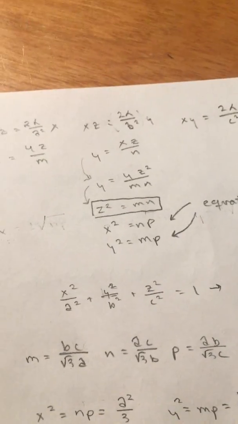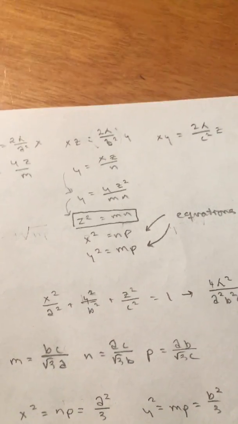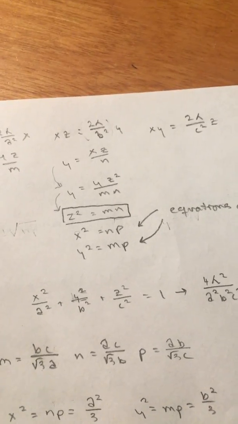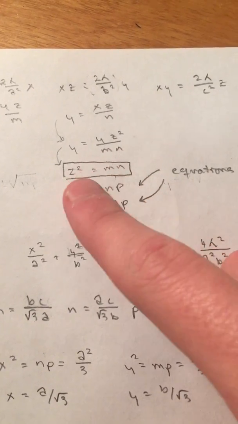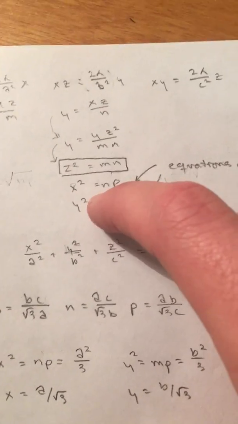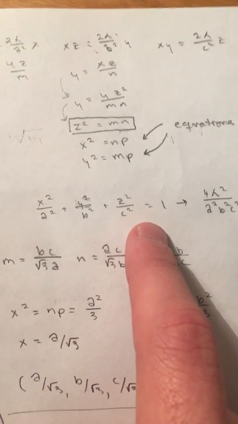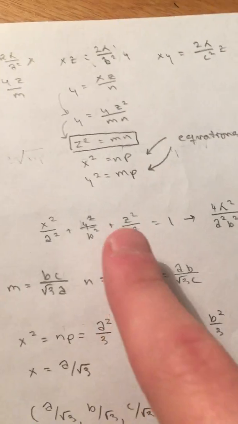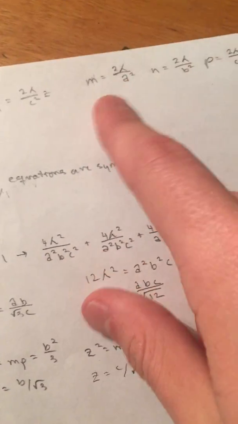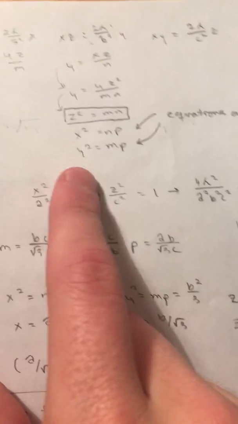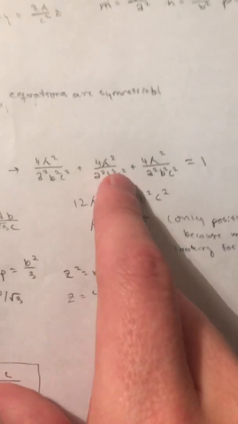Whew, okay. Because these equations are symmetrical at the beginning, you can just switch them around. So x squared equals np, y squared equals mp, and z squared equals mn, like I already said. So now you have these three equations. Now you take the original constraint equation and plug in all the variables, converting m, n, and p back to their original form, replacing x squared, y squared, and so on, and then multiply that all out, and you get